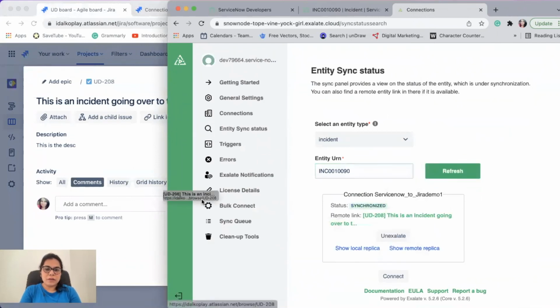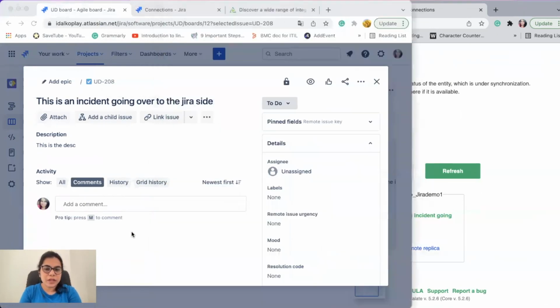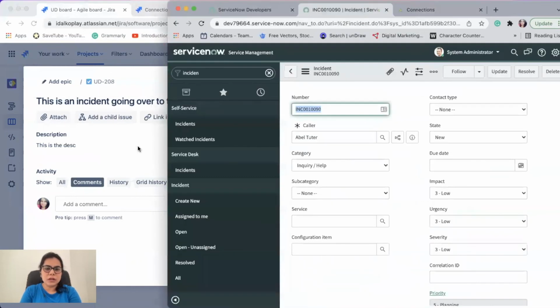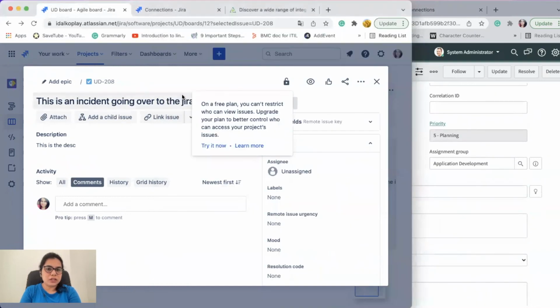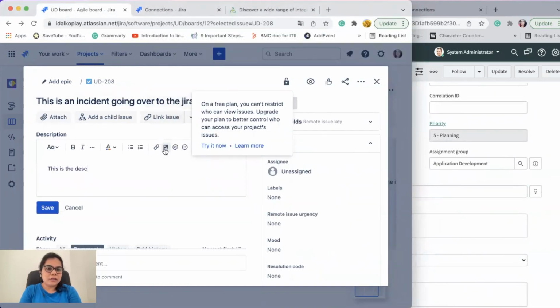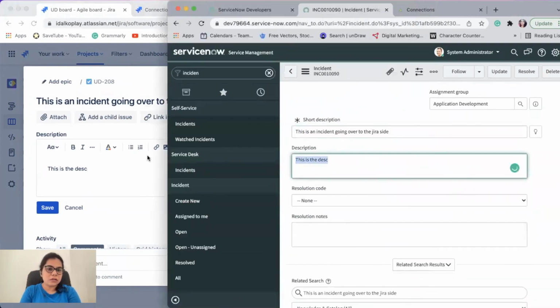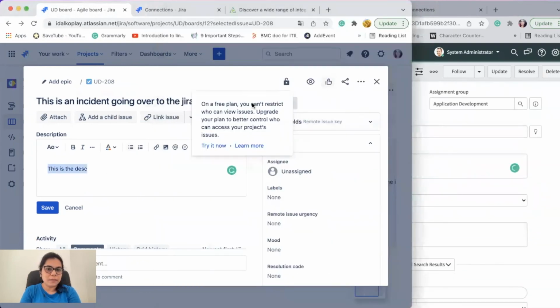You could, if you have admin access, directly open this incident like I showed you the last time. And this short description in ServiceNow is going to become the summary in Jira. And the description in ServiceNow is going to turn out to be the description in Jira.